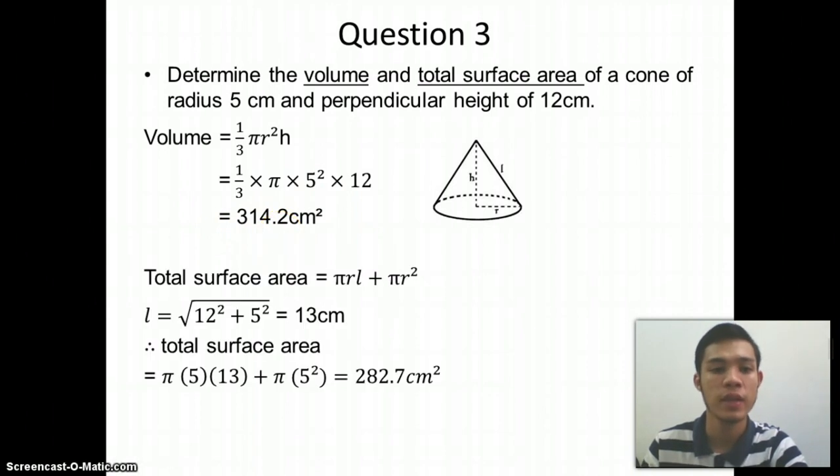For the total surface area, you have to use the formula pi rL plus pi r square. So you have to first find the slant height, which is this one. You have to use the Pythagoras formula. 12 square plus 5 square, then square root. You will get the answer of 13 centimeters. So for the total surface area, pi times 5 times 13 plus pi times 5 square. Then you will get the final answer of 282.7